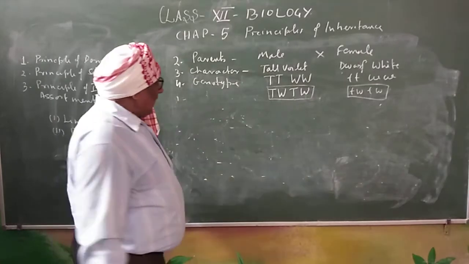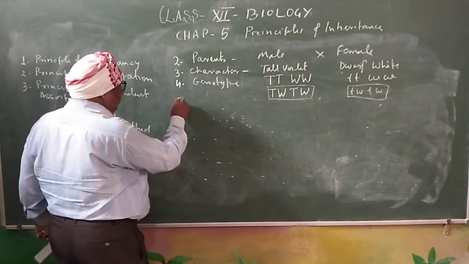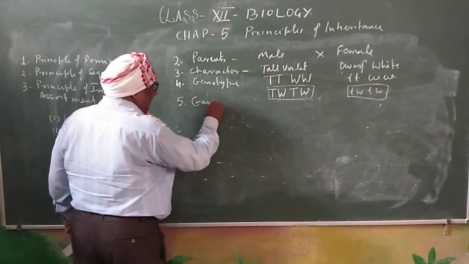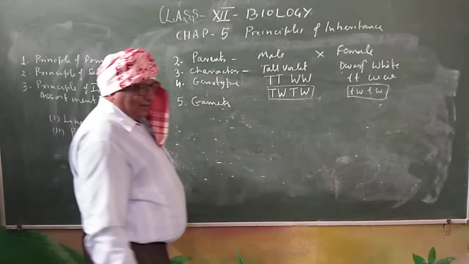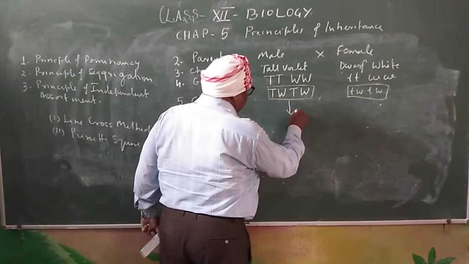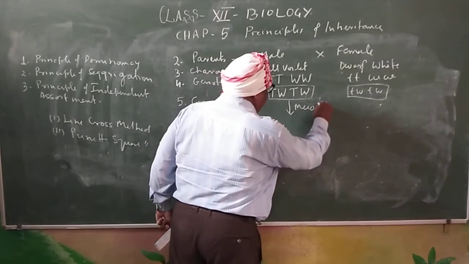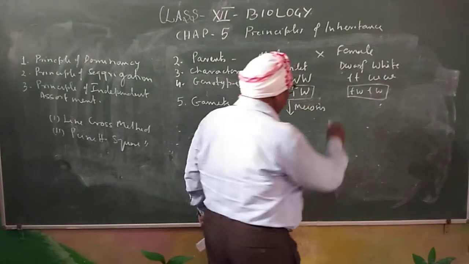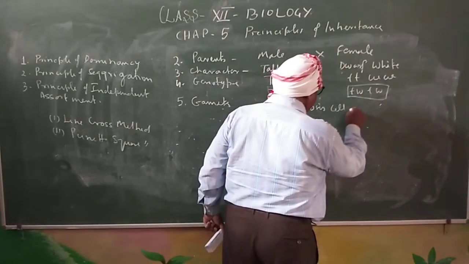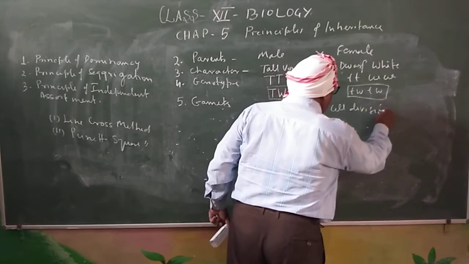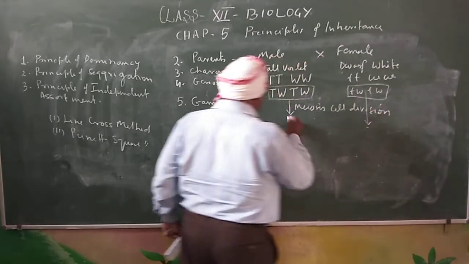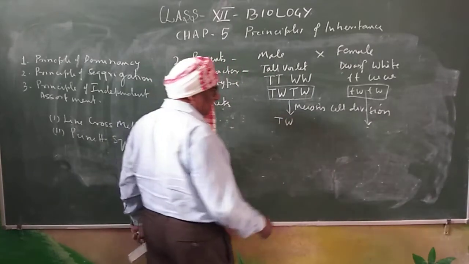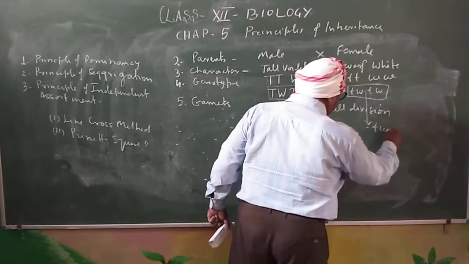When these two types of individuals go to make a cross, their cross must form their gametes, and these gametes are formed by, you know already, meiosis cell division. Why meiosis cell division? I already told, since the individual plant is diploid, so meiosis cell division will form the gametes. Now what are gametes will produce from here and from here? Just to see. This type of gamete will produce from here, and this type of gamete will produce from here.